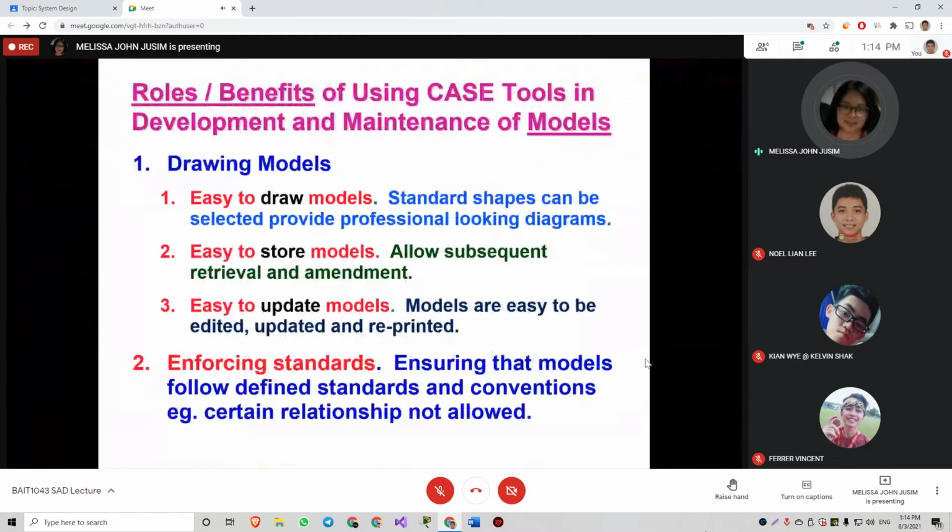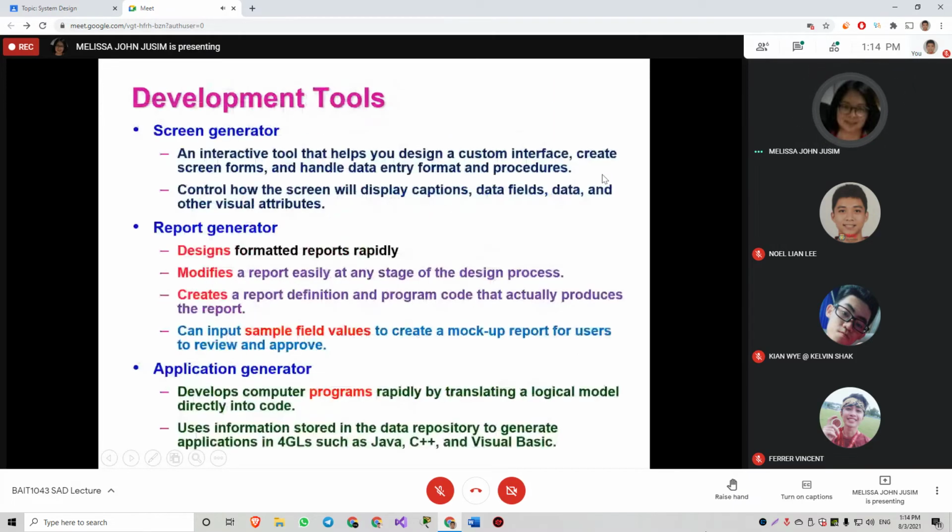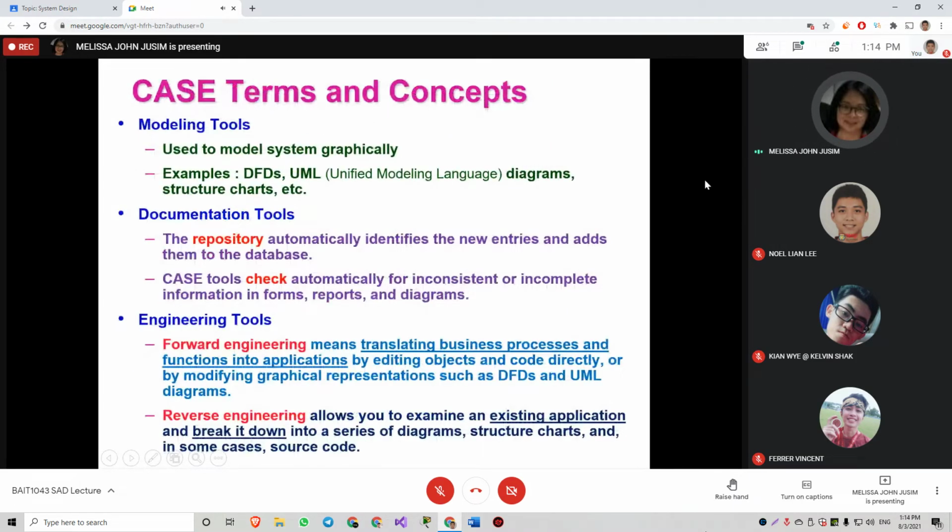Okay, I believe we are almost at the end of our slides. Now we look at another topic, which is using CASE tools for developing the models. Remember one of the tools available in the CASE system, we have the modeling tools where we can draw, say, DFD. Now we're talking about this.